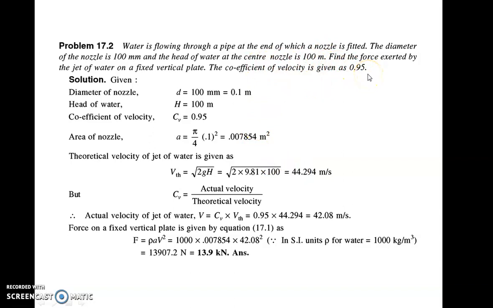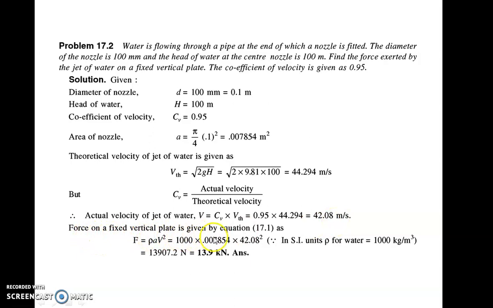We know that the coefficient of velocity takes into account the losses occurring in the nozzle, and actual velocity is given by coefficient of velocity multiplied by theoretical velocity. So actual velocity will be 95% of the theoretical velocity, which is 42.08 meters per second,